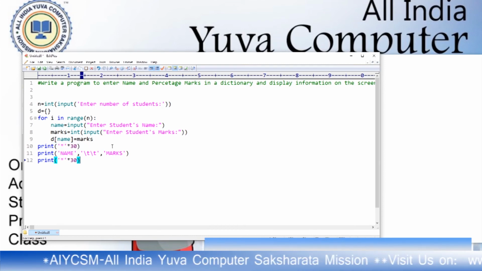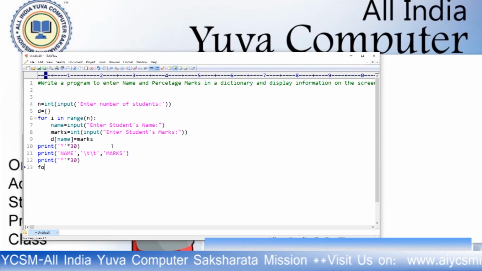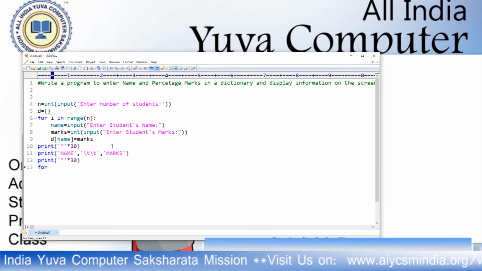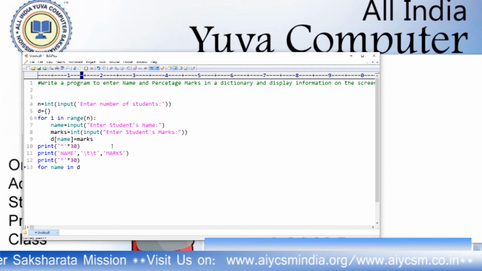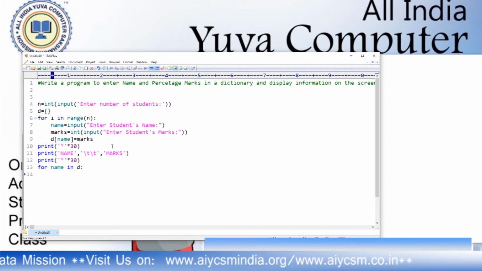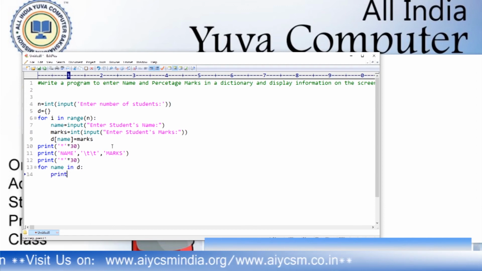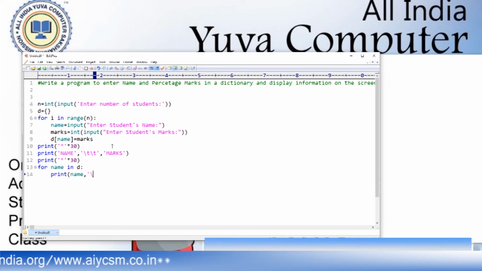Okay, now for name in D, I have to print the name, comma \t, and the value, D of name.